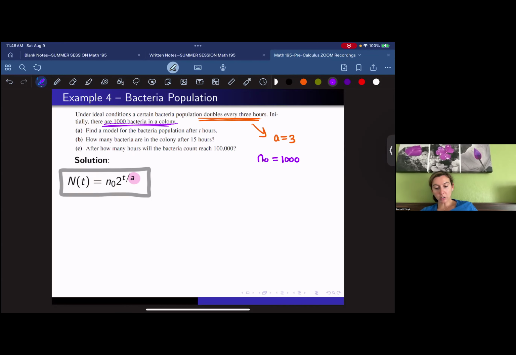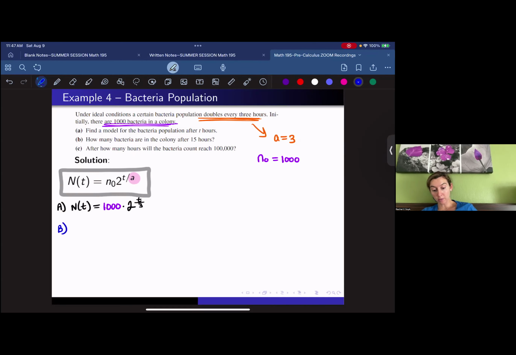So what do we want to do? Our part A is asking us to find a model for the bacteria population after t hours. So our N of t is just 1,000 times 2 raised to the t over 3. And we're done. Let's move to part B, which is now asking us to figure out how many bacteria are